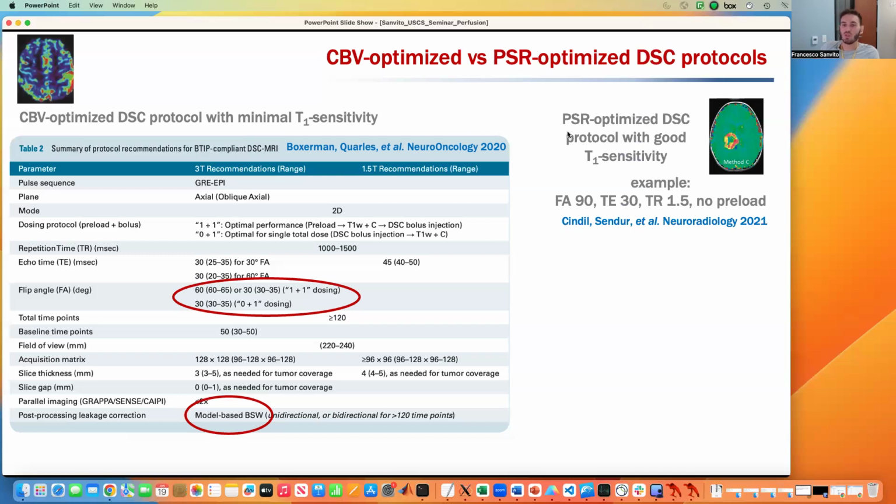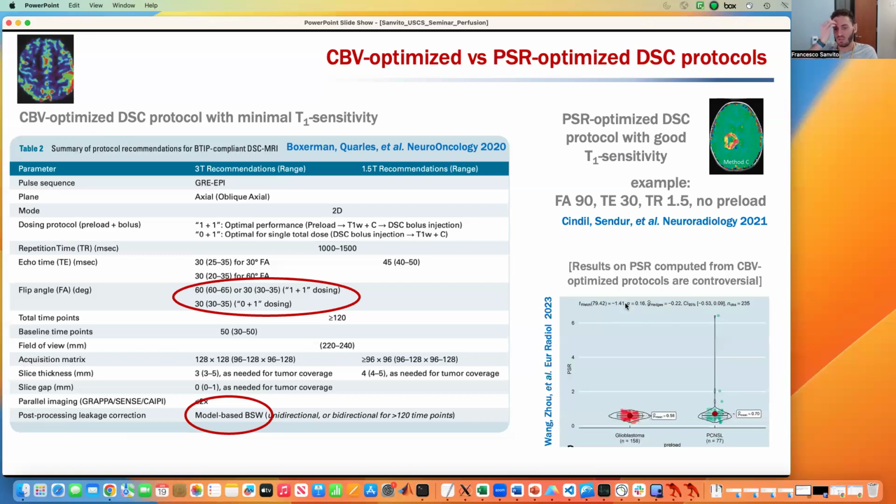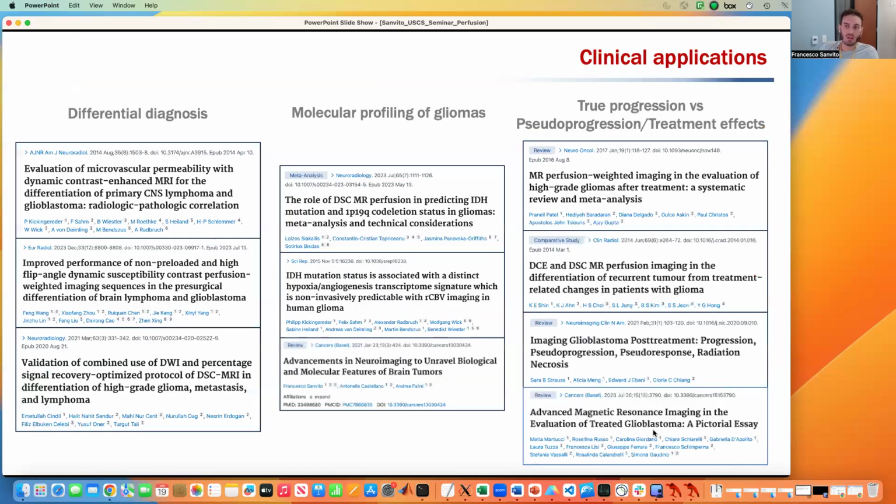You could say, why don't we just quantify the percentage of signal recovery on a CBV optimized DSC curve? You could do it, but literature shows that it may not be useful. Like for instance, in this article, they saw how glioblastoma and lymphomas showed the same PSR after preload. Whereas if you don't use preload, so you are more sensitive to T1 effects, then you do see the difference between the two groups. Let's go to clinical applications very quickly. Differential diagnosis is a